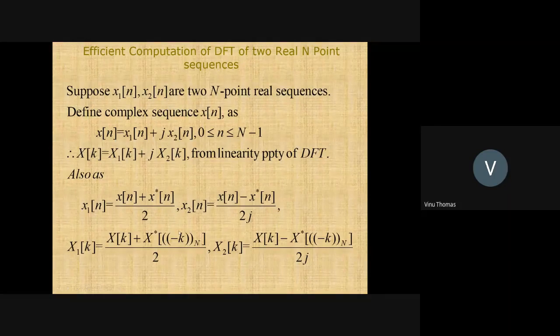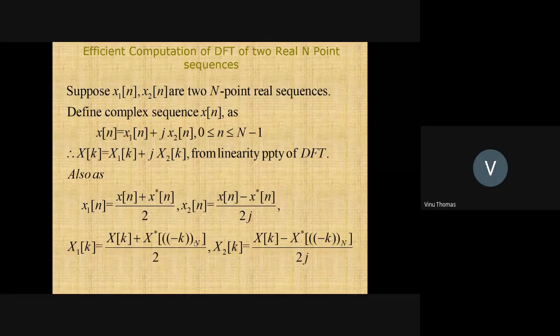You just check whether you remember all those. Lakshmi, can you explain how do you get X star of minus k modulo N? Okay, X star minus k modulo N. So that is like the... Right. Sir, I don't remember.